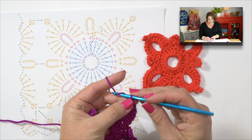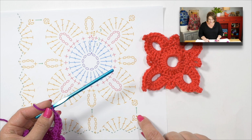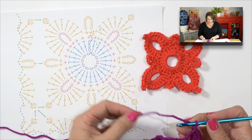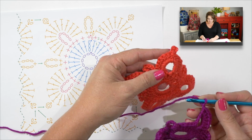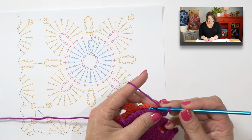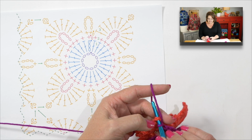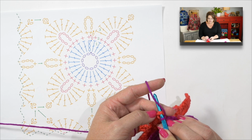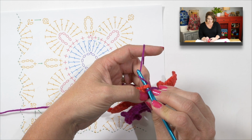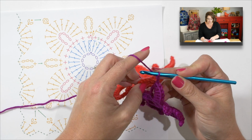And now let's work our picot. So I'm going to chain 1, and then I have a dot right here, and there's an arrow pointing to this motif. So I've chained 1. I'm going to grab my finished motif, and with wrong sides together, you can see I have wrong sides together, I will stick my hook directly into the center of that picot of the finished motif I've already done. Yarn over my hook, pull up a loop, pull that loop through the loop on my hook,